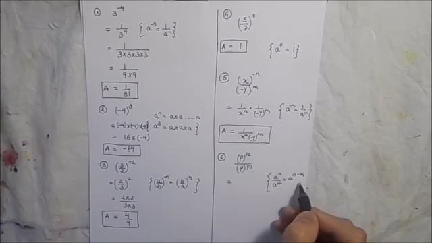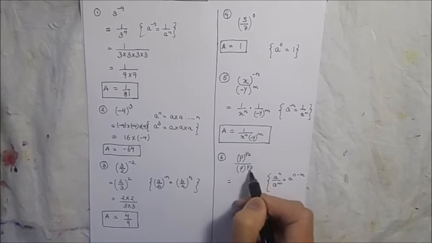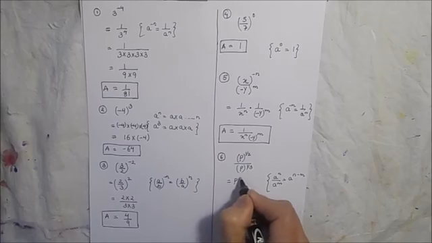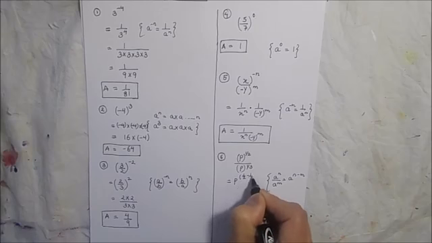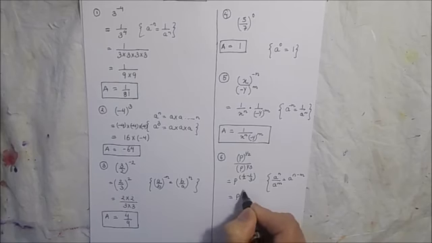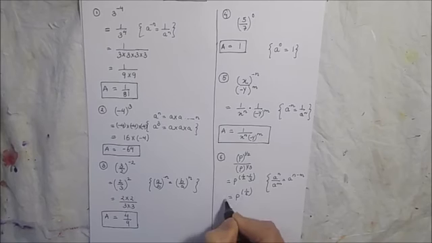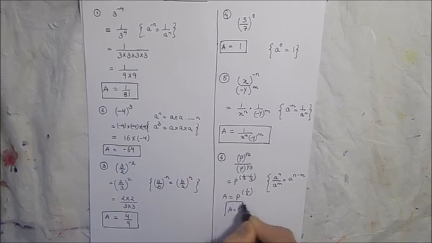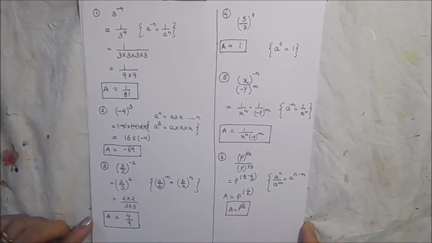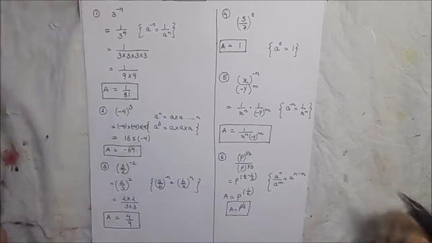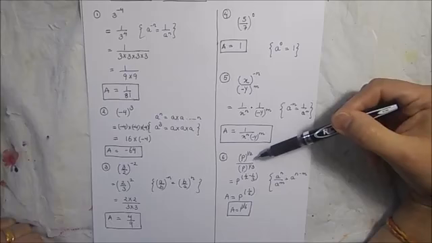So the rule says that the power of numerator minus the power of denominator. So according to this rule, our answer will be p raised to power half minus 1 over 3. By applying the rule, we will get the answer as p to the power 1/6. So answer is p to the power 1 over 6. This is our final answer. So these are various examples of simplifying exponents. Here we have solved negative exponent, zero exponent and fractional exponent.